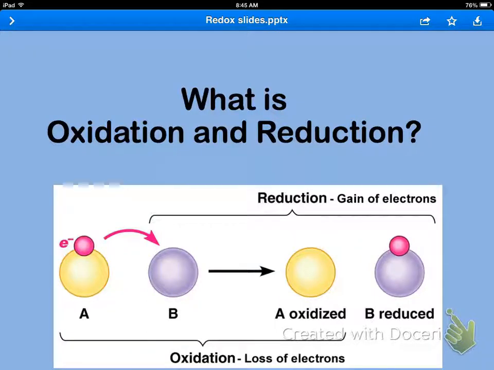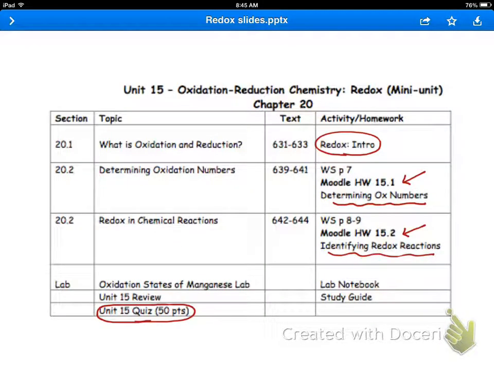This video is on an introduction to oxidation and reduction. So you'll notice in your packet that you've got 3 sections. Today we're going to talk about the introduction of your notes, and then we'll talk about how to figure out